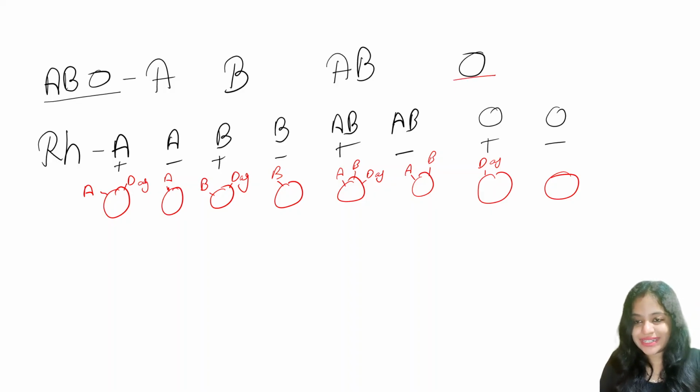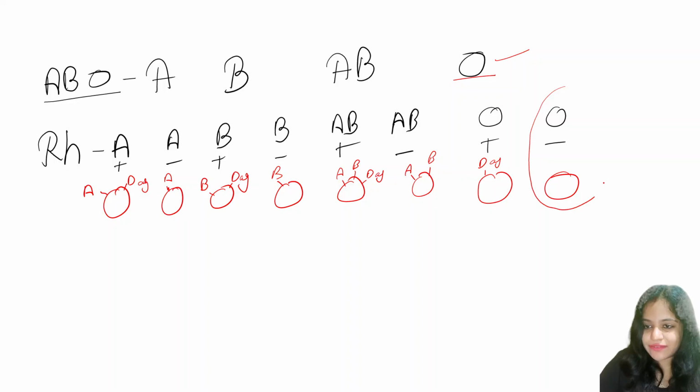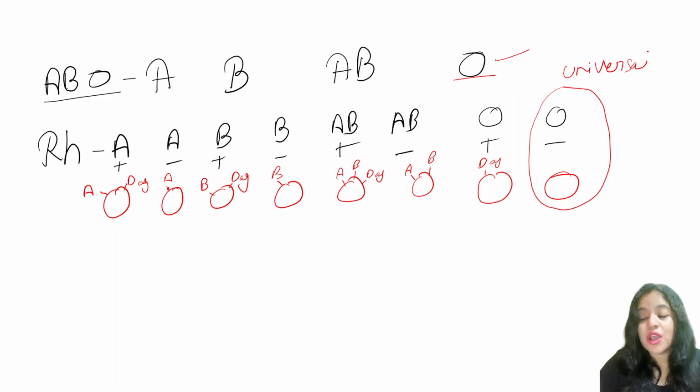Blood group O. But if you see O positive and O negative, which is more of a universal donor? If you only have options like A, B, AB, O, then your answer is O. But if you have options like AB positive, O positive, O negative, which is the correct answer? What was the criteria to be a universal donor? It shouldn't have any nameplate on its house, no antigen on the surface of RBC. Which one doesn't have an antigen on its surface? O negative. That makes O negative the universal donor. It can happily give blood to everyone.